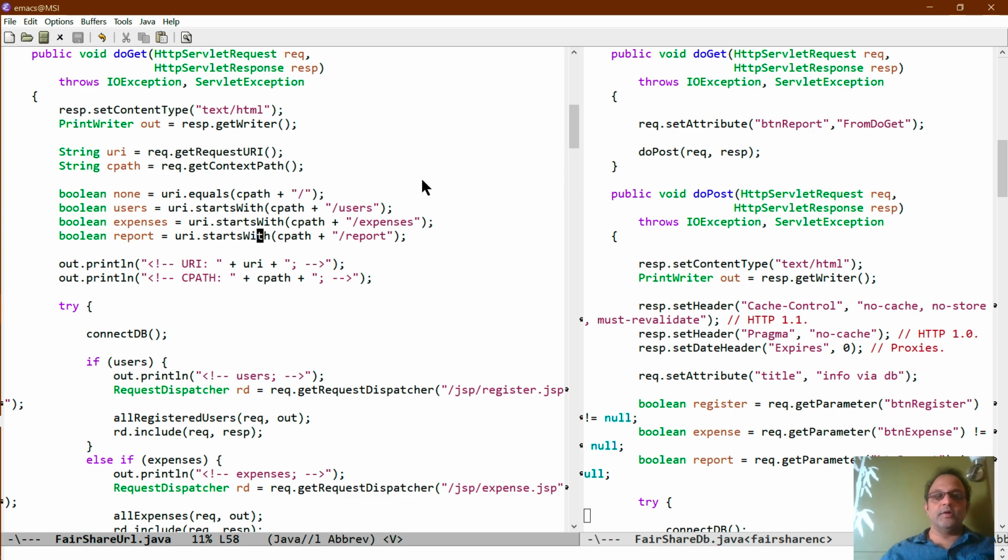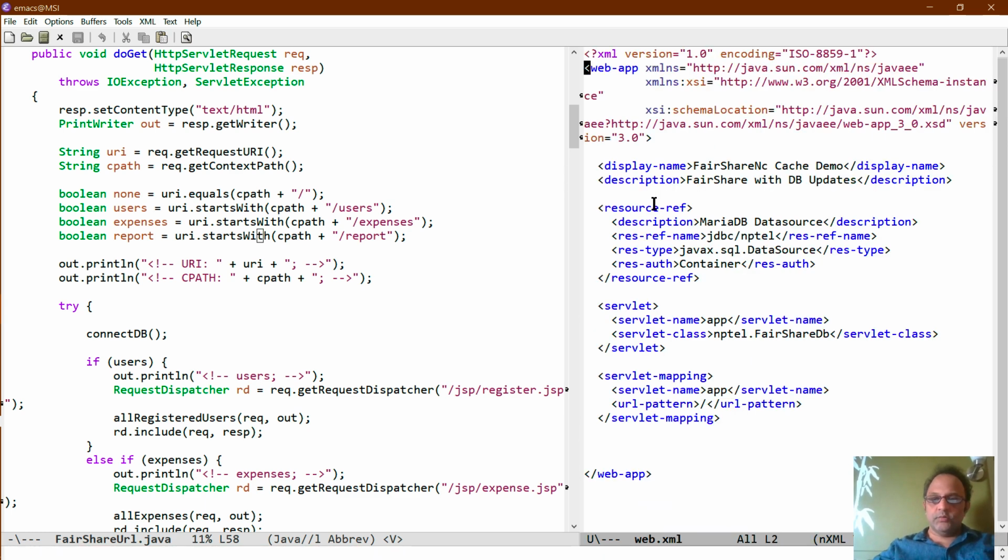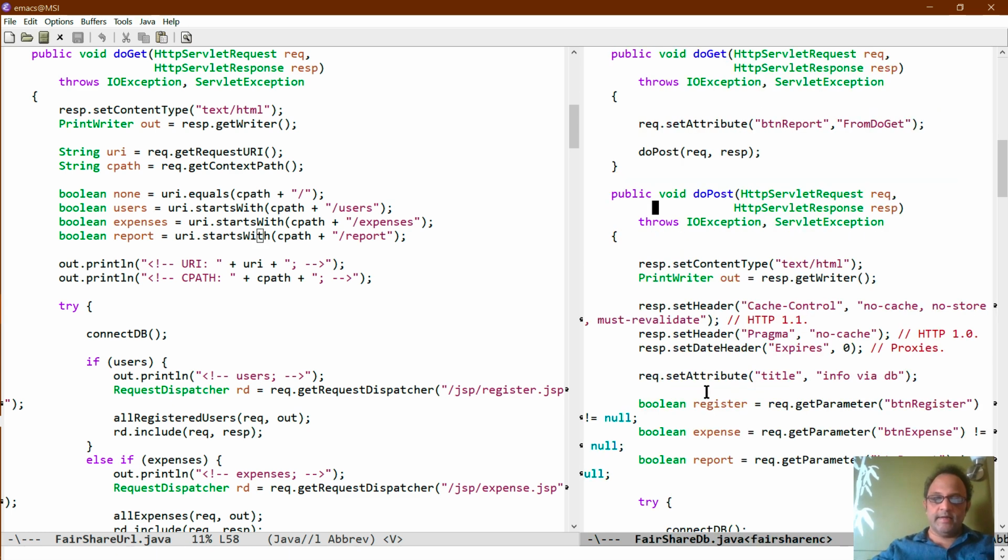Users, expenses, report. This business of looking at the shape of the URL and transmitting it into different places, whether it is done in the code like this or in web.xml. So you can do this kind of mapping either in an XML file like that, or you can do it directly in the code and behave differently.